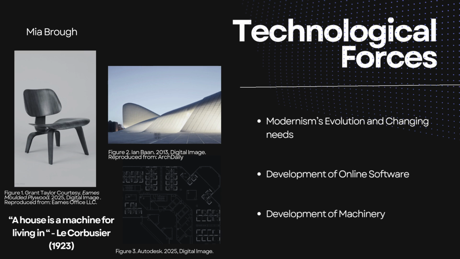Technological forces. Modernism has shifted the world's design, enforcing the use of technology to create designs, and transformed our creations. As the world has continued to evolve, people's needs have changed, and designs have further developed to accommodate people's new lifestyles. Le Corbusier, in 1923, states that a house is a machine for living in. Technology assists designs to have further detail and adds another aspect of how we can define designs.